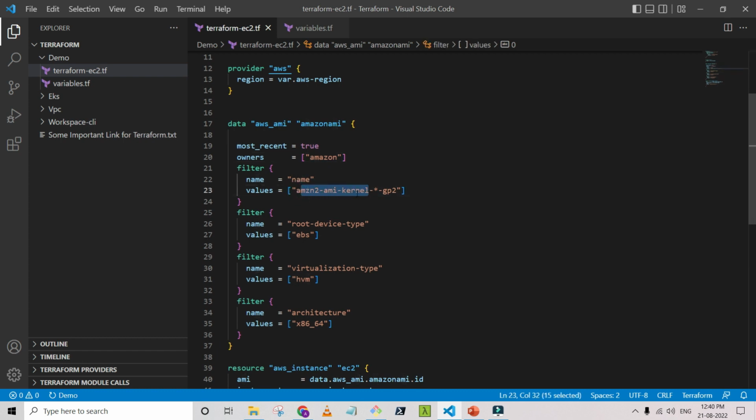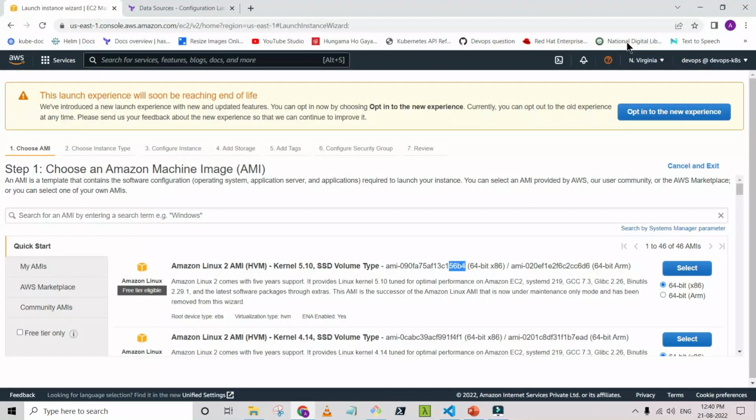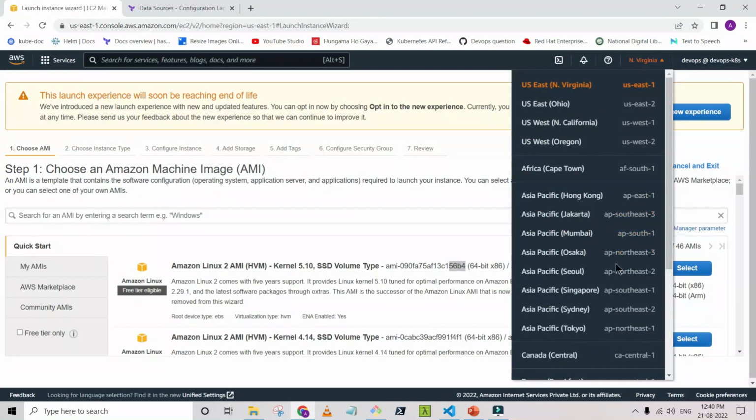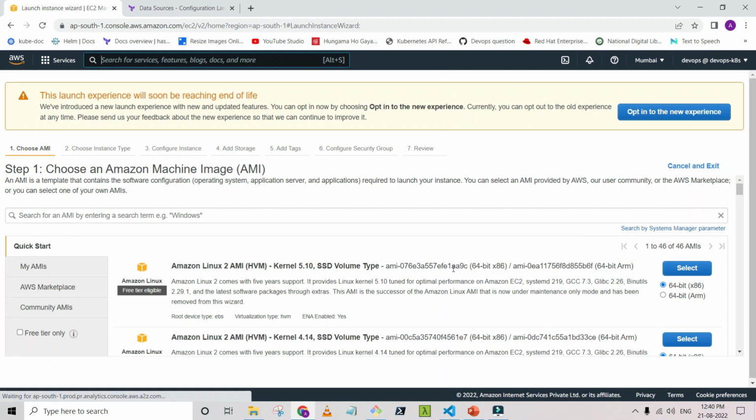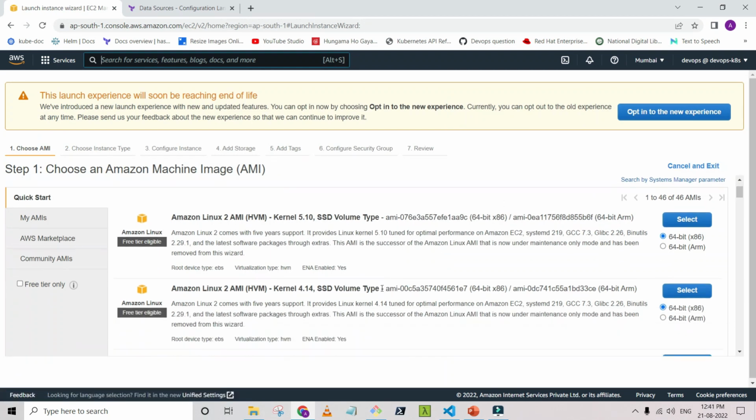If you search for any particular latest AMI, you can find this pattern. If you go to AP South 1, the Mumbai region, you can find this particular pattern here. If you click on this particular AMI,